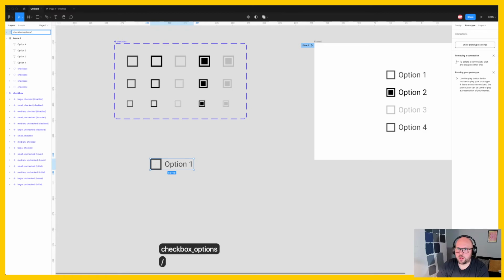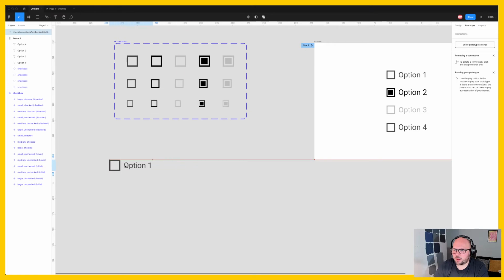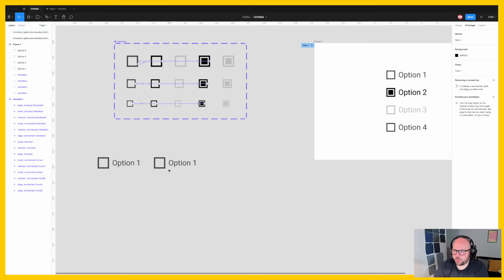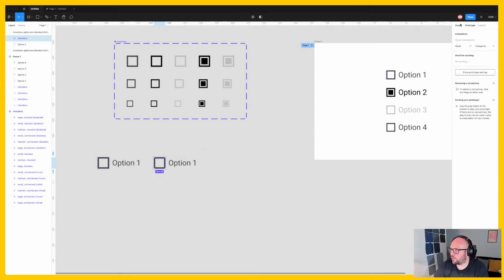Alright. Unchecked. Oh. It's funky on the keycast, isn't it? I'm just going to do the one size for this, just to make it a little bit quicker. So now on this one, that's the first one. On this one, I'm going to say I want this to be